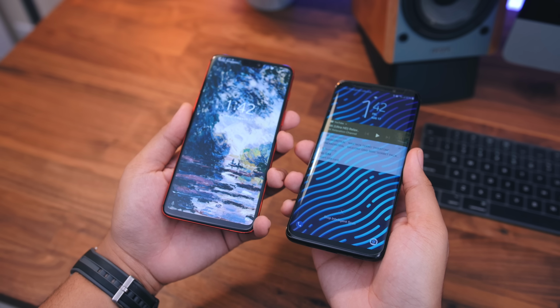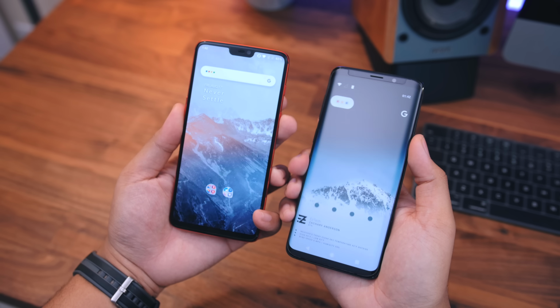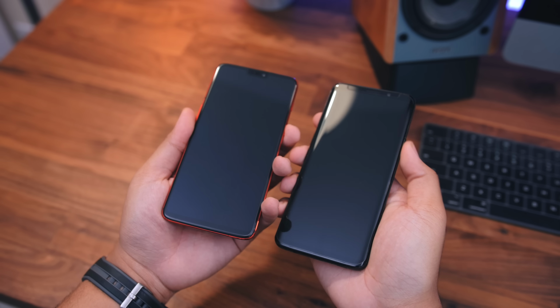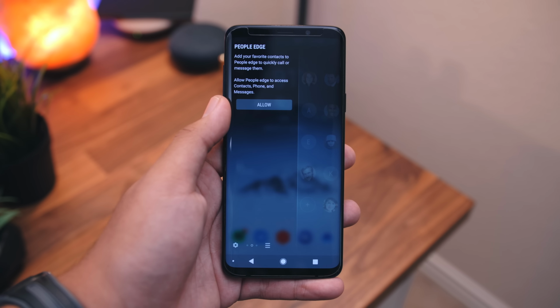See, the fact that these two phones are so comparable yet so far apart in terms of price really speaks volumes, and it begs the question, is it really worth putting up the extra cash for the S9 Plus over the OnePlus 6? If you're looking for a phone with a bunch of features you won't even know what to do with,